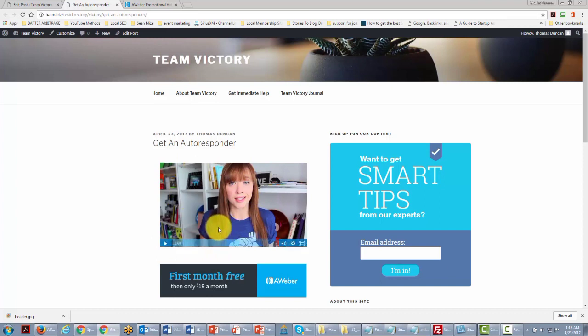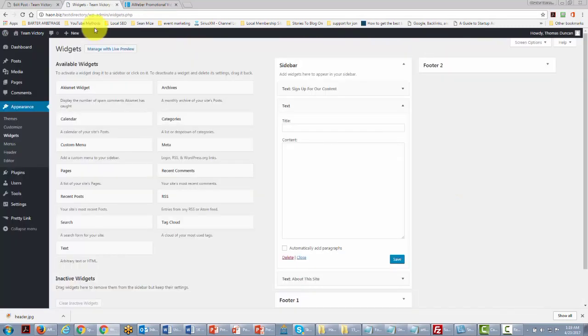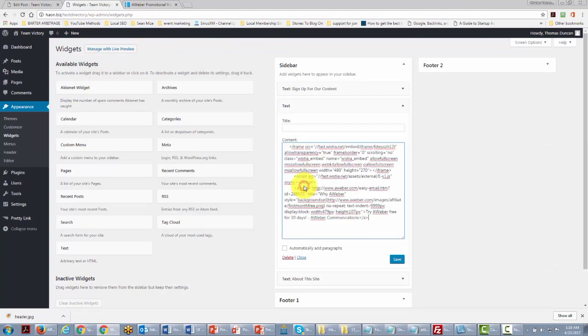Now, one of the other things that we can do is the very same thing that we did with our autoresponder code: we can put code in our widgets so that it will appear on all of our pages. So in order to do that, all we need to do is go back to this area and find our widgets. And then we can take another text box, and all we've got to do is put our code in this area again. We'll click Save,